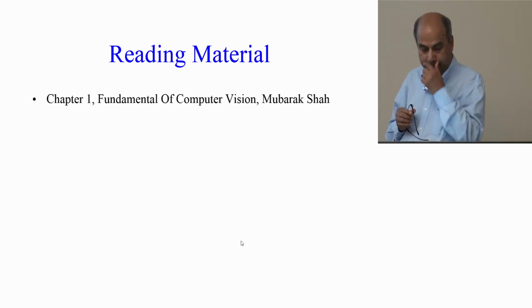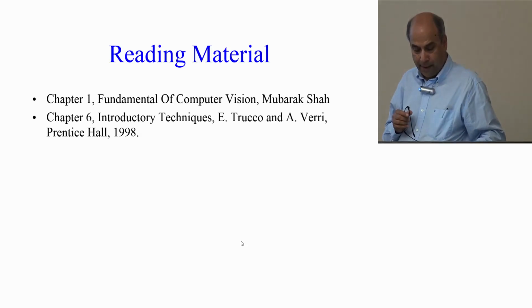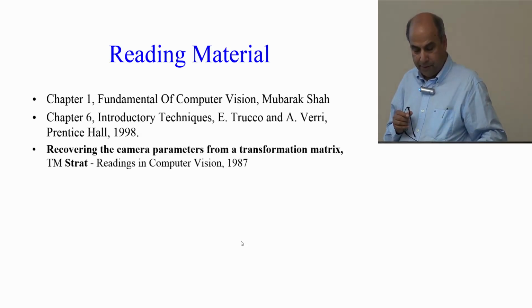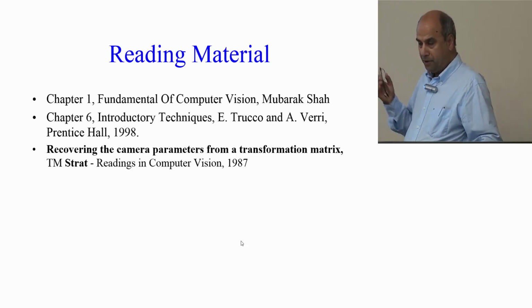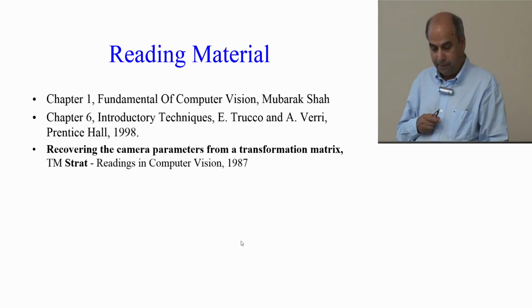I covered this in detail in chapter 1, and there is also this reference you can look at, and the paper I mentioned to you, with the pictures taken in San Francisco, has details about that. Okay, so that finishes the